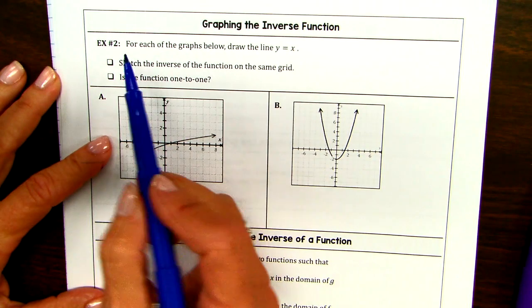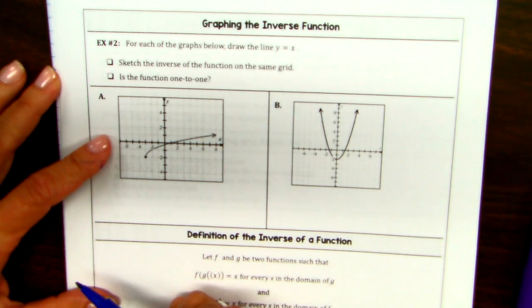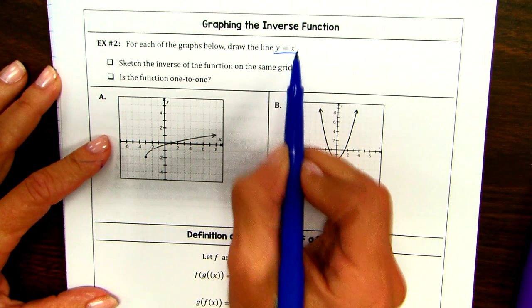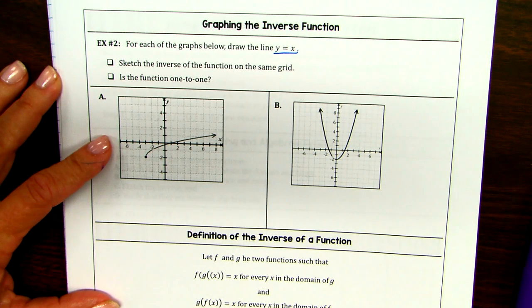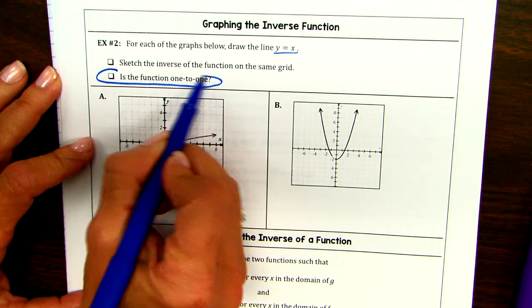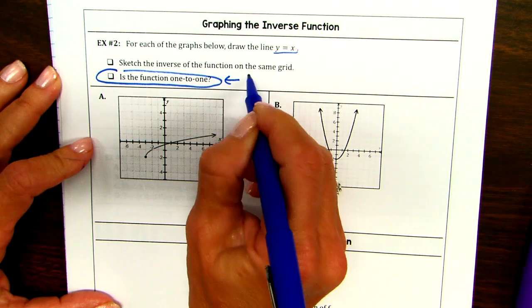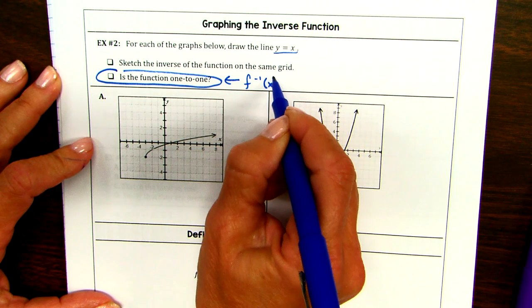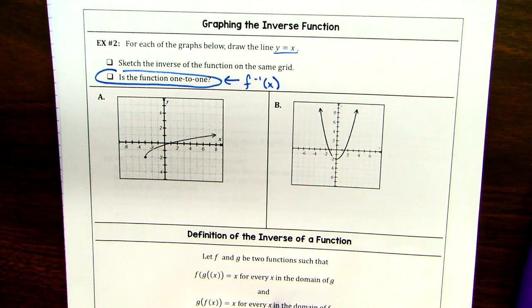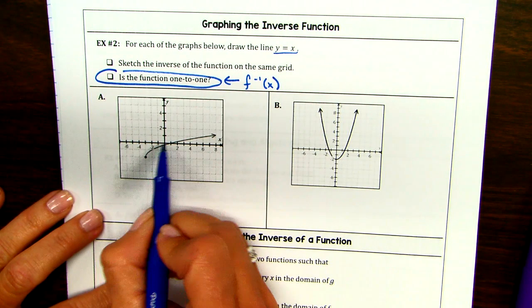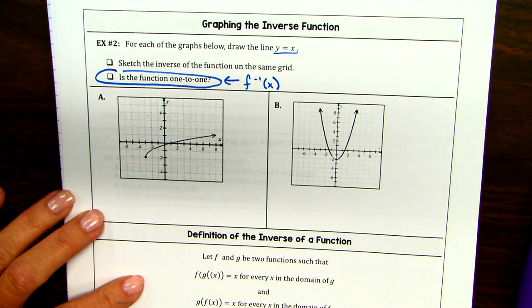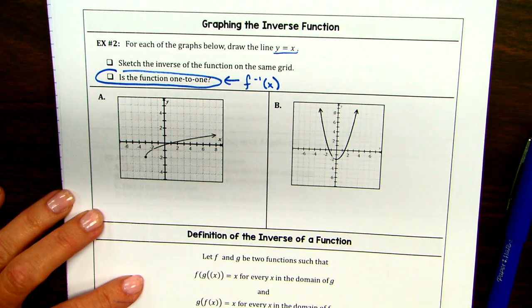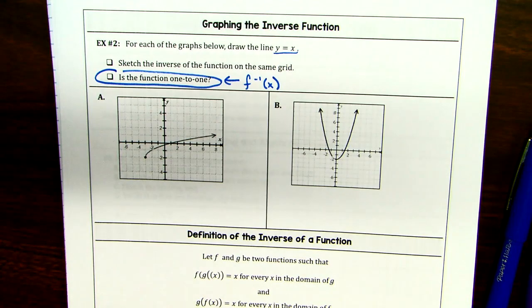You good? Okay. For each of the graphs below, draw the line y equals x. So we're going to draw our identity function. And then we're going to sketch the inverse of the function. And then, is the function one-to-one? Is the inverse a function is what they mean. Okay? Well, I'll come back to that. So here we have a function graph for us. Okay? And if I went ahead and put on there the identity function,